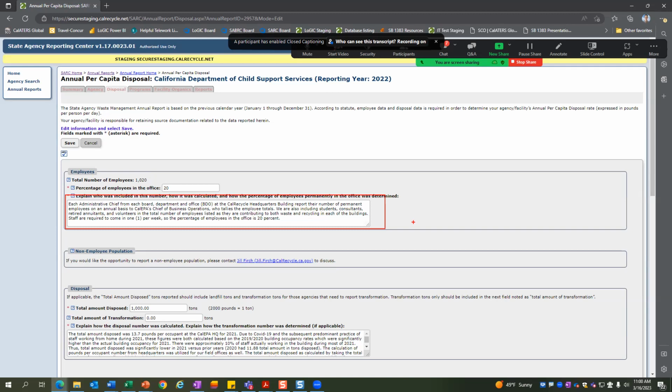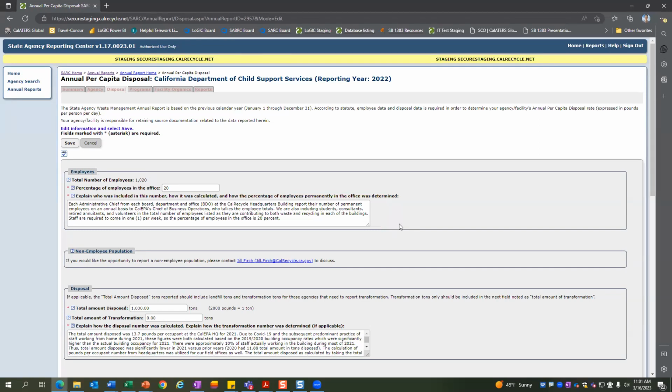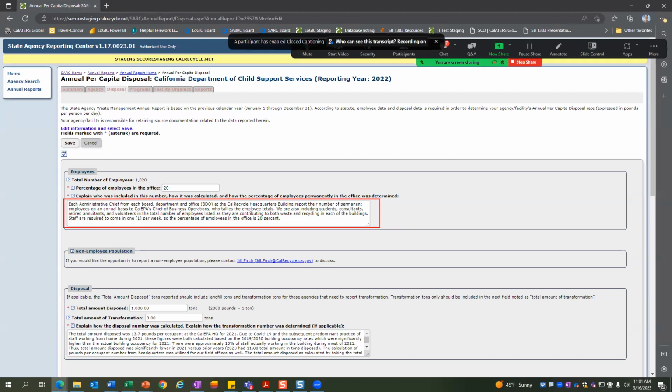Does that help give you a rough idea? Yes, thank you. Okay. And really the important piece is, if what I'm saying as an example isn't how you'd go about figuring it out, just tell us here in this box how you did figure it out. That's really all we're looking for here, a reasonable explanation of how you came about your numbers.